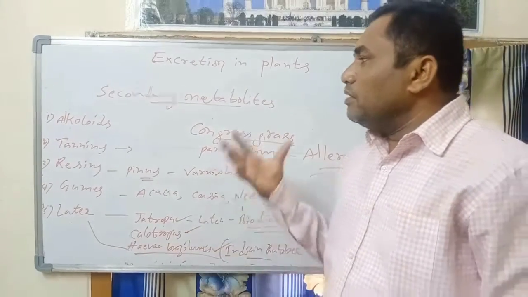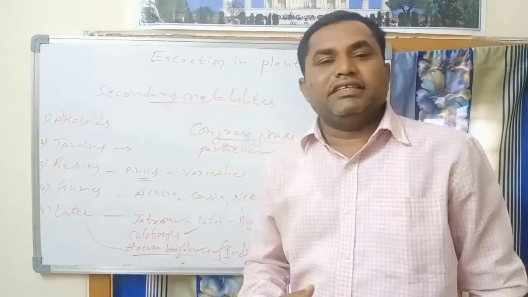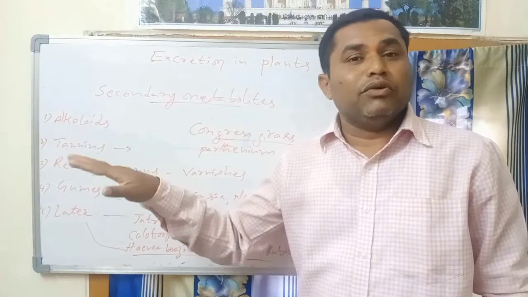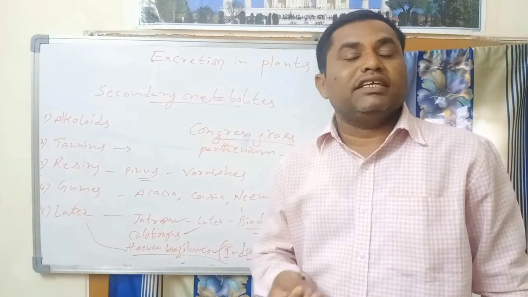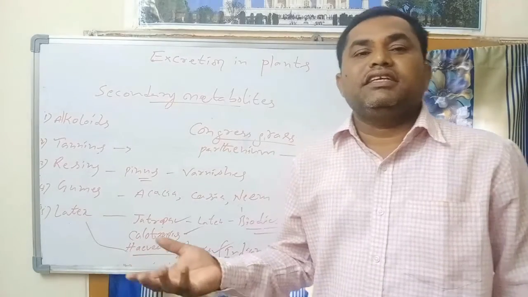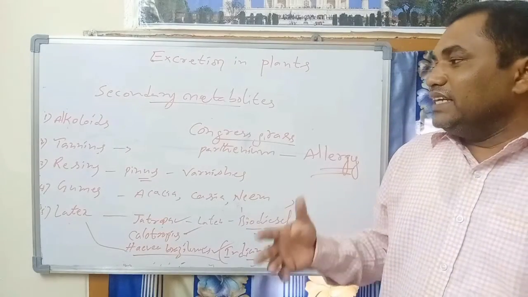So in this way, plants produce secondary metabolites and primary metabolites. Primary metabolites are used for their growth, but secondary metabolites are used commercially. So there are a number of secondary metabolites. In this way, plants are used as a medicine and